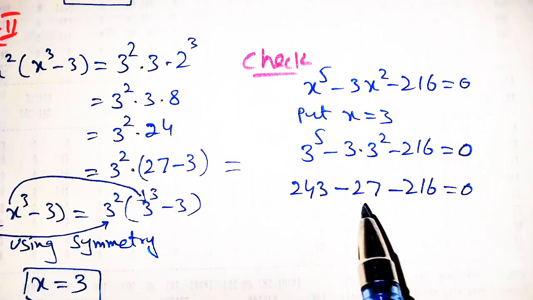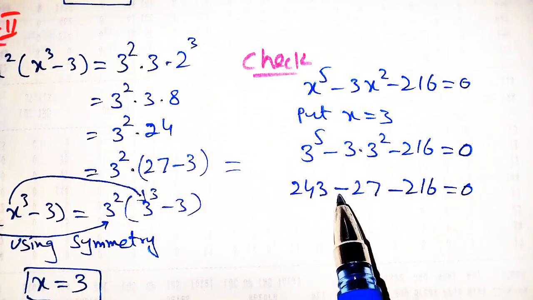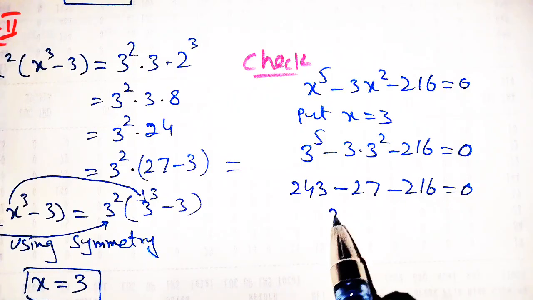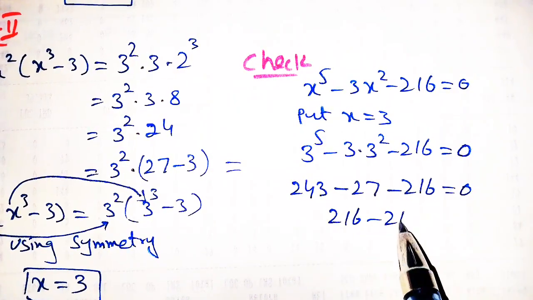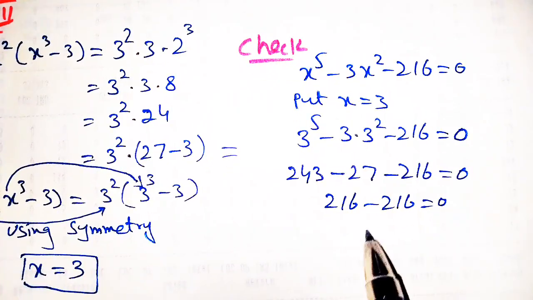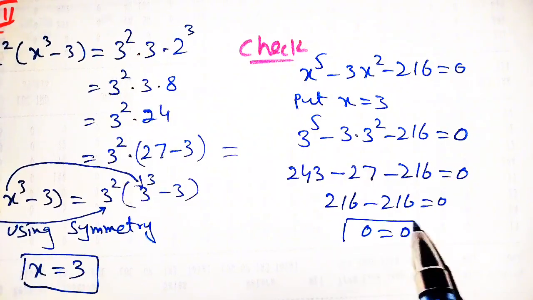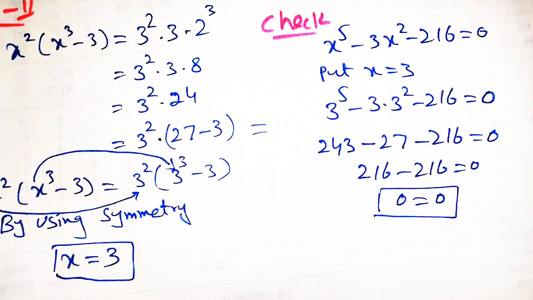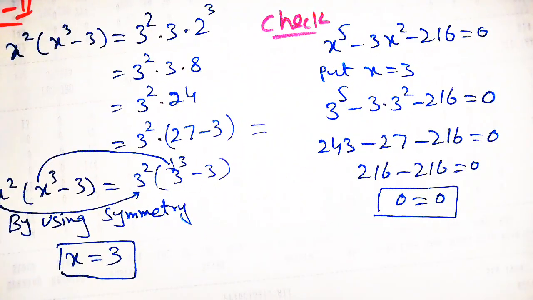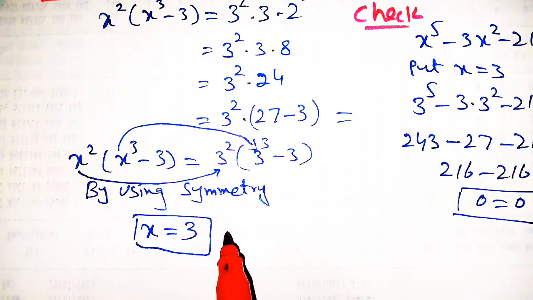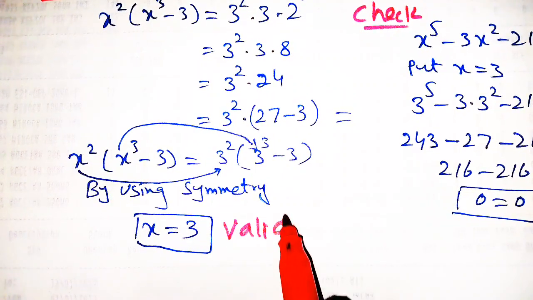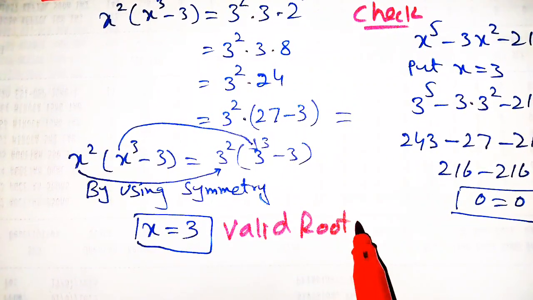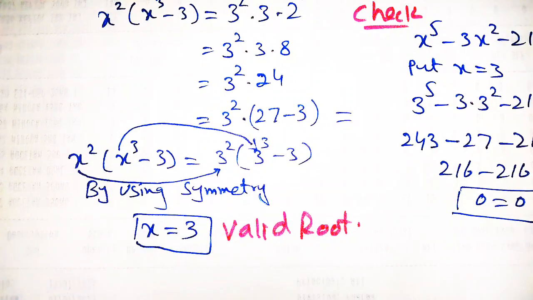Now, 243 minus 27 is equal to 216, minus 216 is equal to 0. So 0 is equal to 0. Hence, this root verifies the given equation. Hence, we can see that it is a valid root. Now, for case 3,